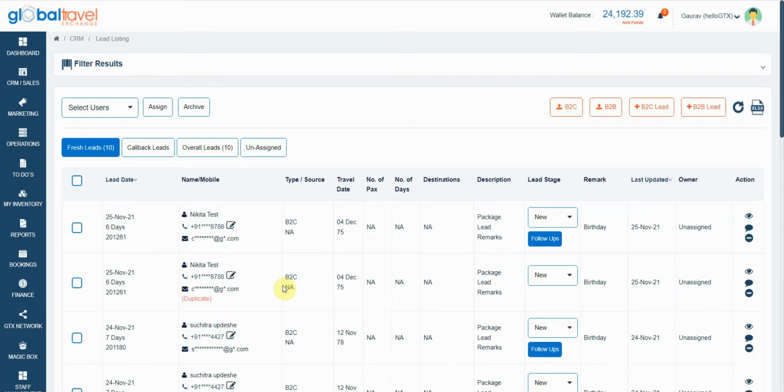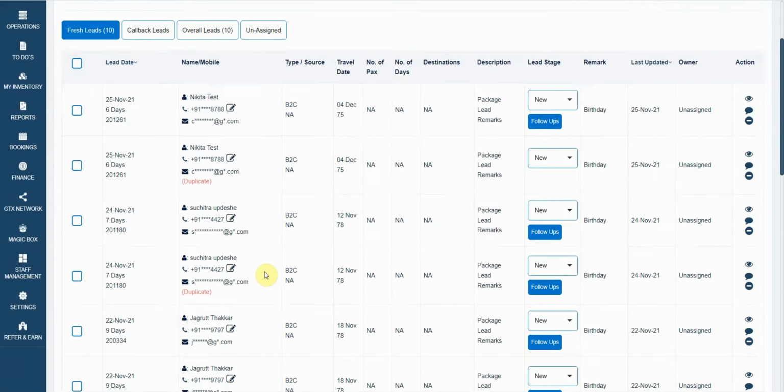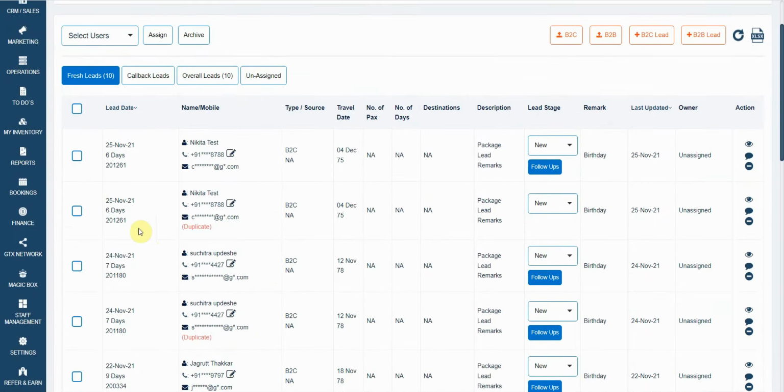On the Facebook form or Instagram forms, you can also define who should get those leads for a particular form. Even for the Google landing pages, you can define that leads from this particular landing page should go to a particular user. So they will be getting assigned automatically. In case you have not assigned, then you can select the leads from here and you can assign it to a particular user from here.